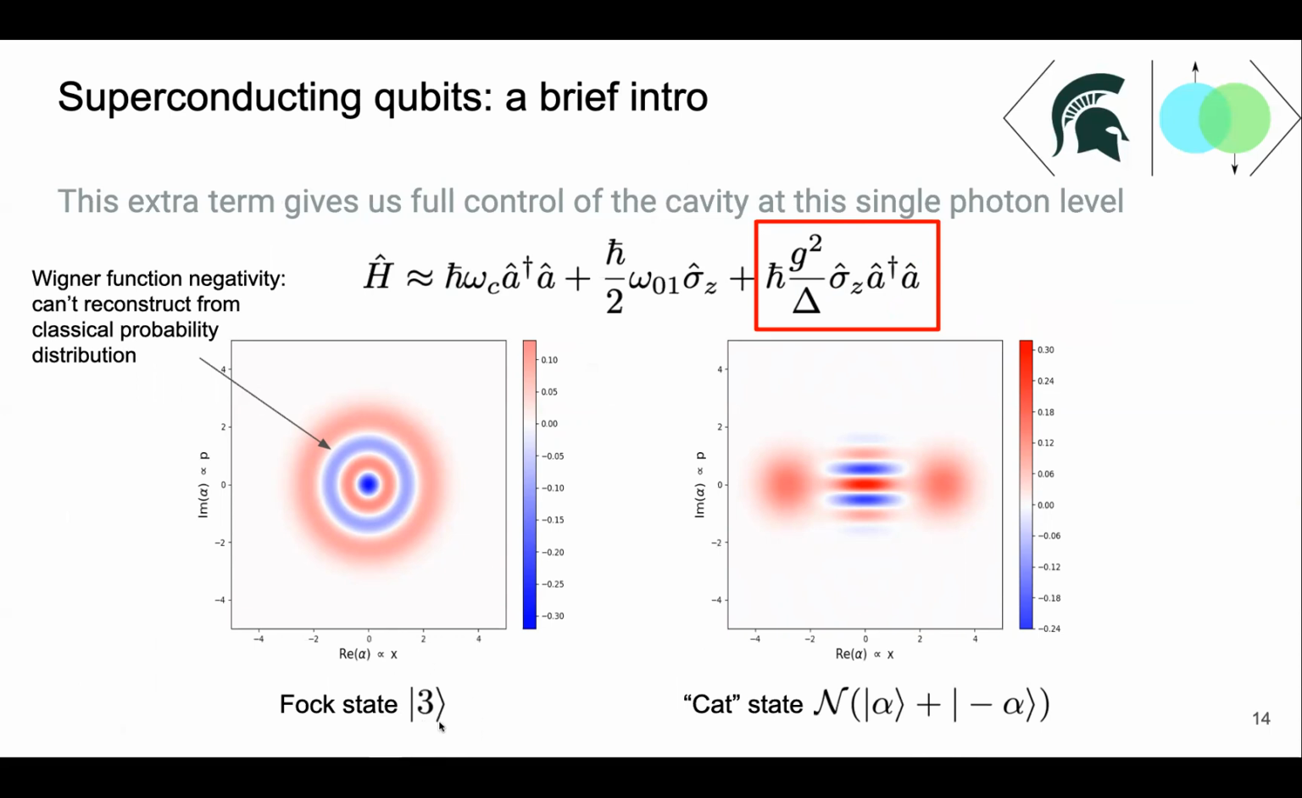a quantum state in the cavity with exactly 3 photons and measure its quantum mechanical analog of a probability distribution. So this is something called the Wigner function, and it represents, like I said, the quantum mechanical analog of a probability distribution. And really interestingly, it has negative values. So classical probability distributions don't have negative values, right? They're all